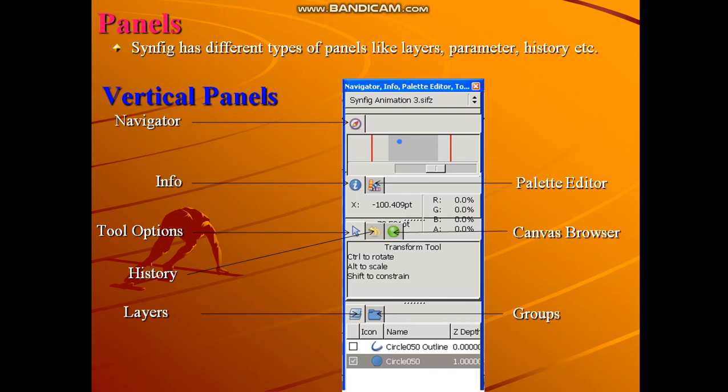Same way, layers panel and groups panel also share the same space. So when you click on layers panel, it will show you layers here. When you click on groups panel, it will show you groups here. Same way here also, when you click on tool options, it will show you tool options here. If you click on history panel, it will show you history options here.